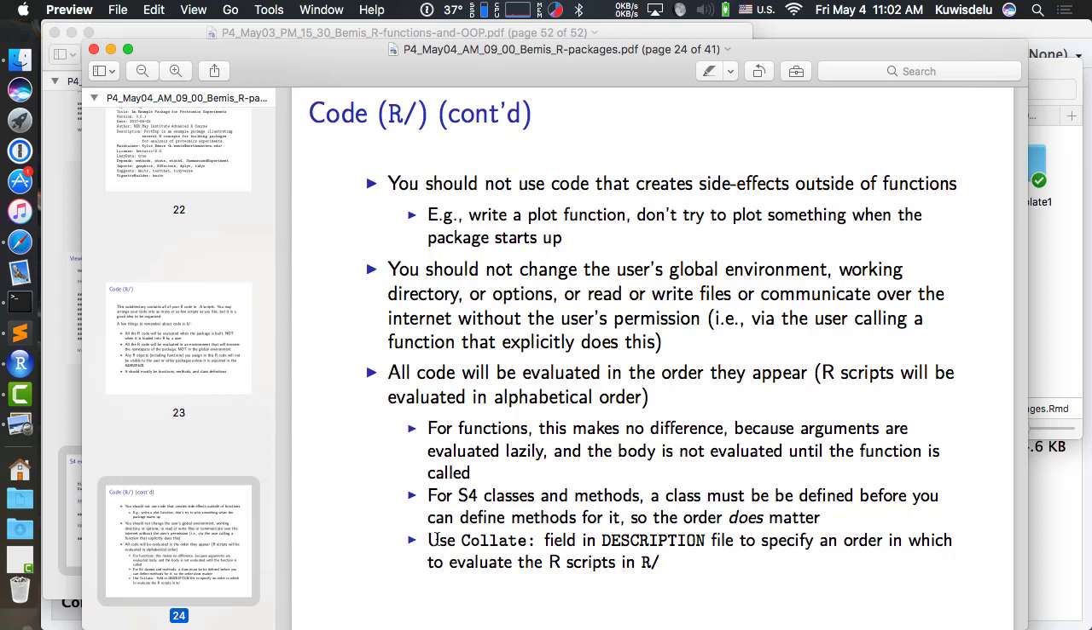In general, you shouldn't try to change the user's global environment, working directory, or options, or try to read or write files or communicate over the internet without the user's permission. And so all of these parts are just sort of being a good programming citizen. We've all used packages, and we like it when they behave nicely and do what we expect them to do. It's not very nice if a package goes and does something you don't expect it to,